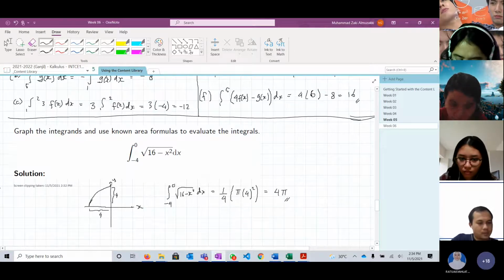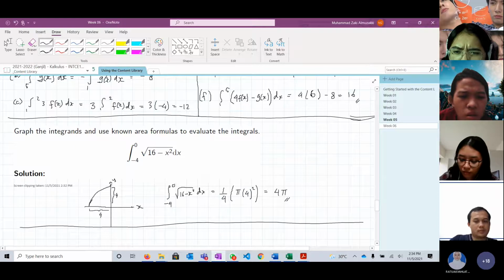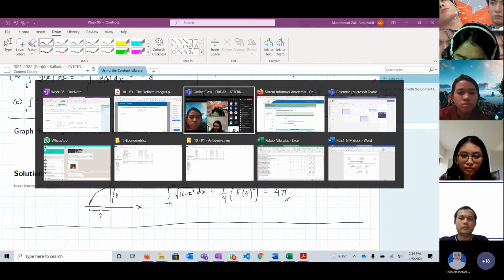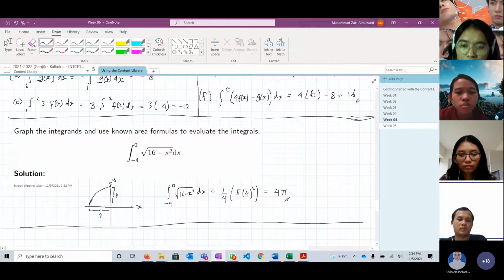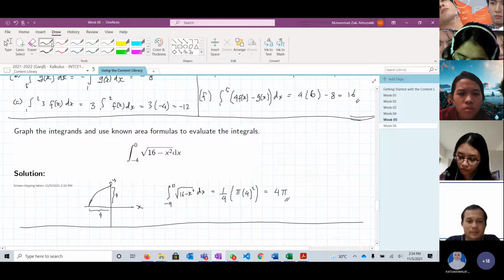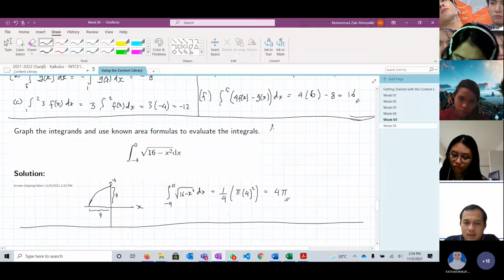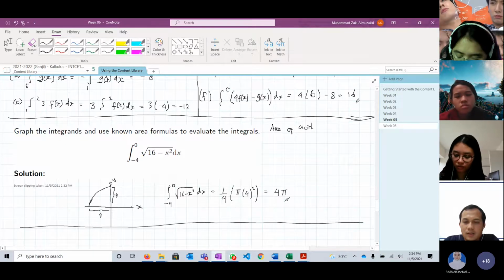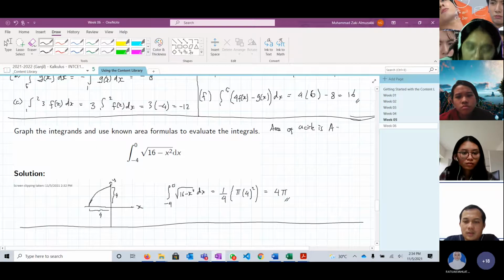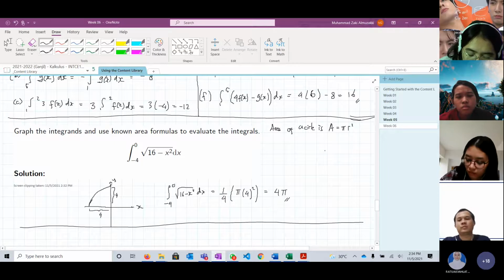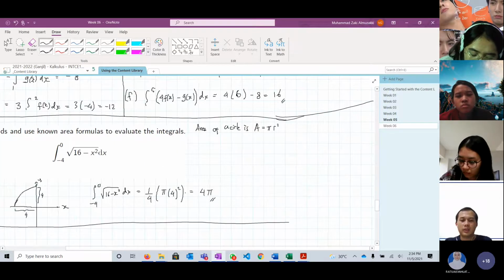Is it clear? Sir, I'm sorry, I'm just curious, where do we get the pi? Pi here, okay. The area of a circle, yeah. The area of a circle is A equals pi r squared. So for this integral, the actual trick is, okay,